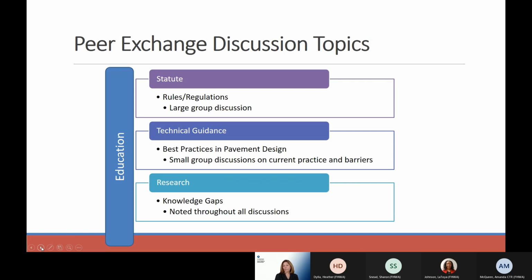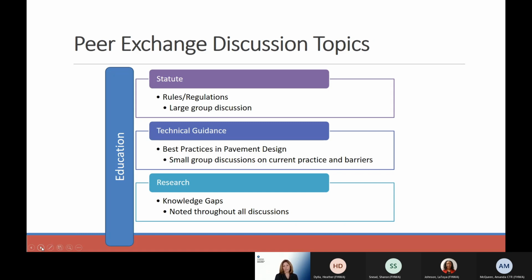So these are the discussion topics that we had during the peer exchanges. We talked about statute, technical guidance, and research. For statute, we talked about, with the state DOTs, what's your mission and goals, and how does that relate to our regs, 23 CFR 626, our pavement design policy.